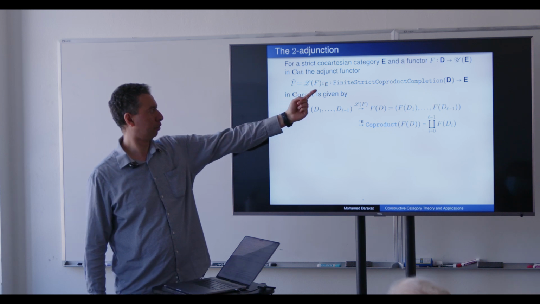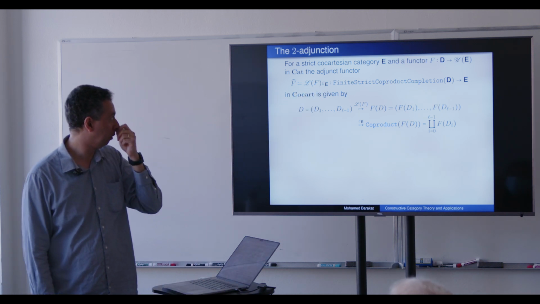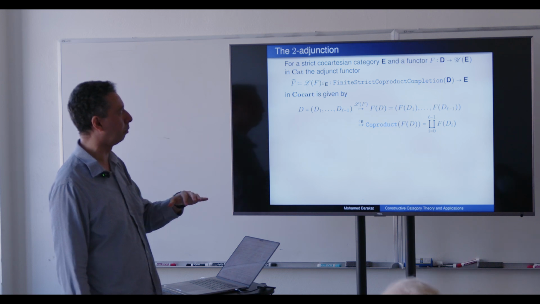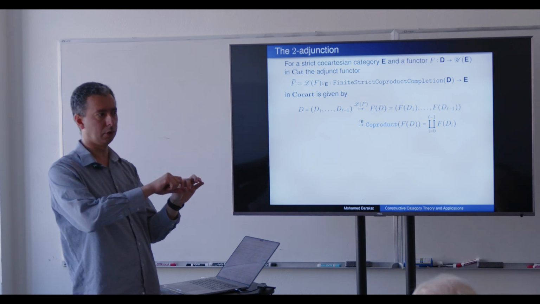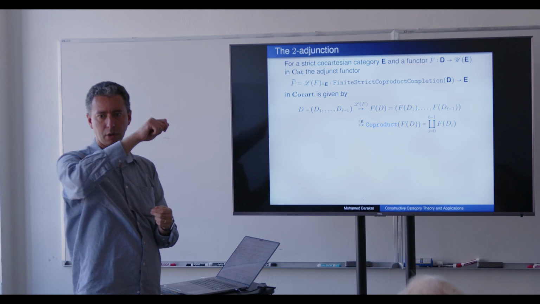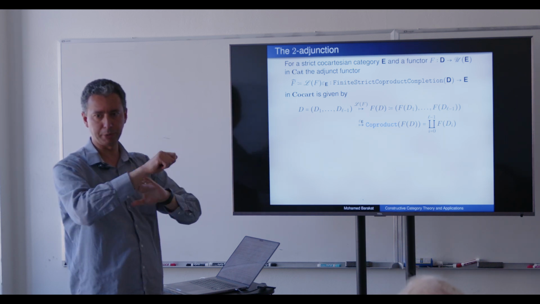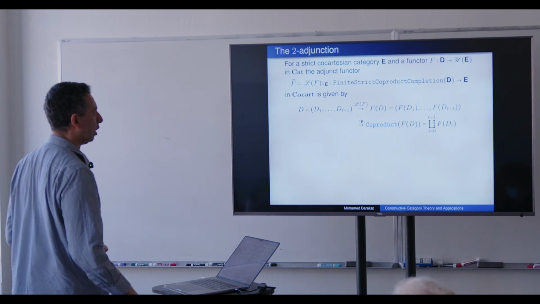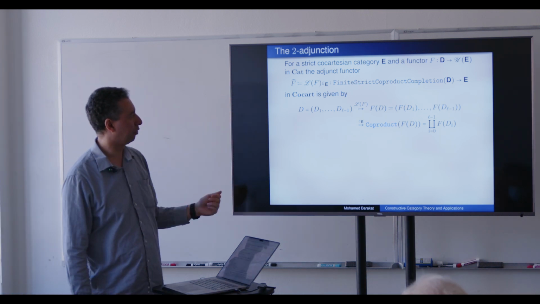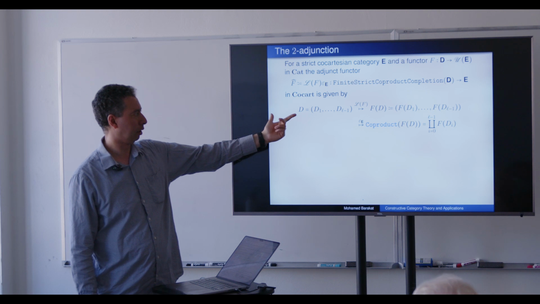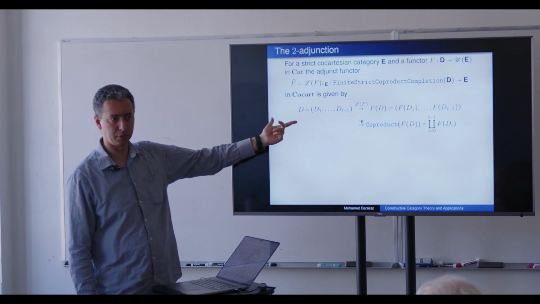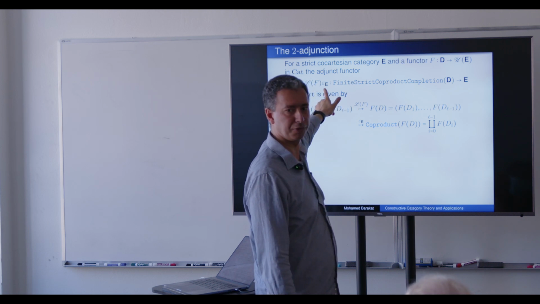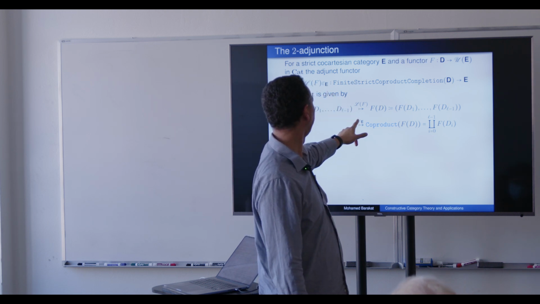So you apply the co-unit of the adjunction to E, and then you get the adjunct functor from the finite strict coproduct completion and so on. And people used to write it as a lifting property, but I don't like this because this violates the typing. So I like to really write it as an adjunction. Yeah. So, and what is this adjunct functor doing? It's taking a list, so a syntactic object in the strict coproduct completion. It's applying L of F. This is the first step. And then you apply the